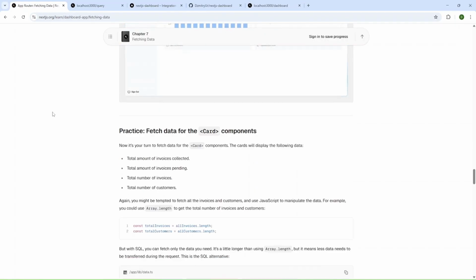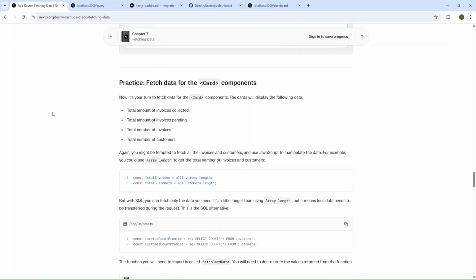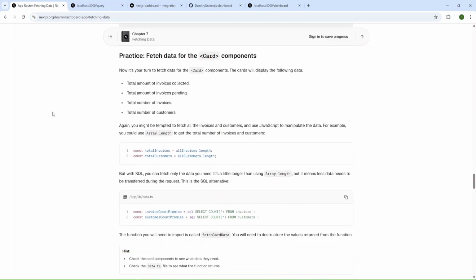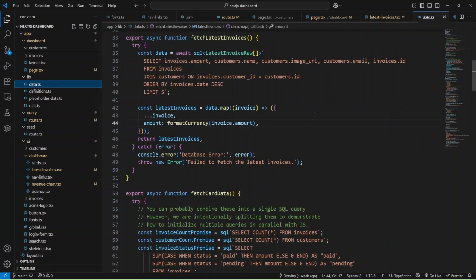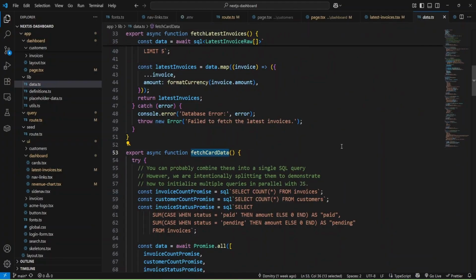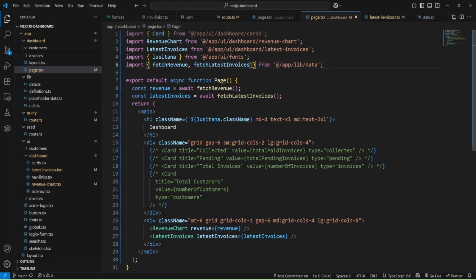And let's move on. Now we need to practice fetching data for the card components. They explain how to do it, and let's try to do it. We need our data, and inside lib we have data, and I believe we need to import this fetch card data function inside our dashboard page.